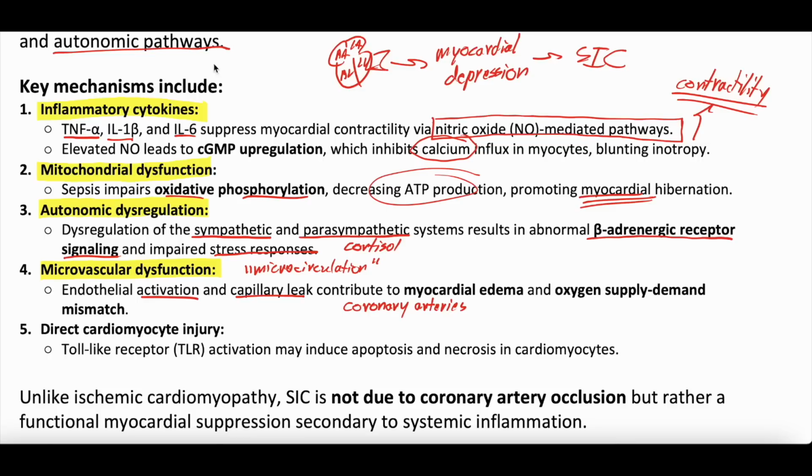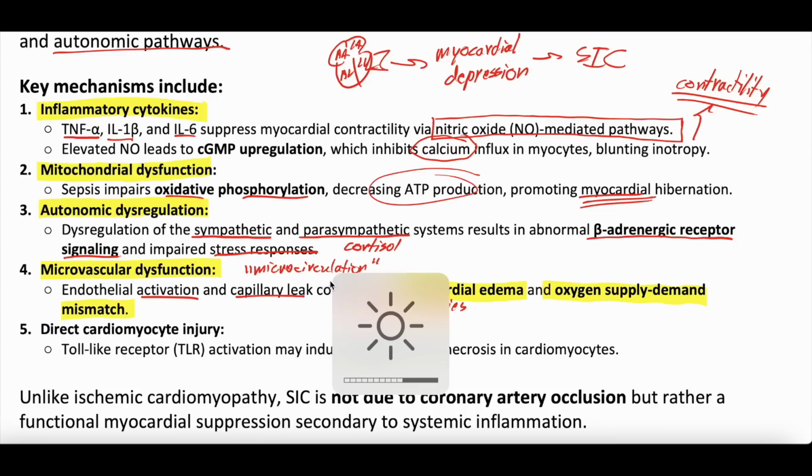And that can lead to myocardial cell edema, or kind of more fluid in those myocardial fibers. It can lead to a mismatch with oxygen supply and demand, so the myocardial cells are not getting enough oxygen delivered compared to how much demand there is for oxygen. And that can then lead to myocardial injury or death. And this mismatch between oxygen supply demand, as well as some of the microvascular damage done by septic shock, can all lead to worsening cardiac function.